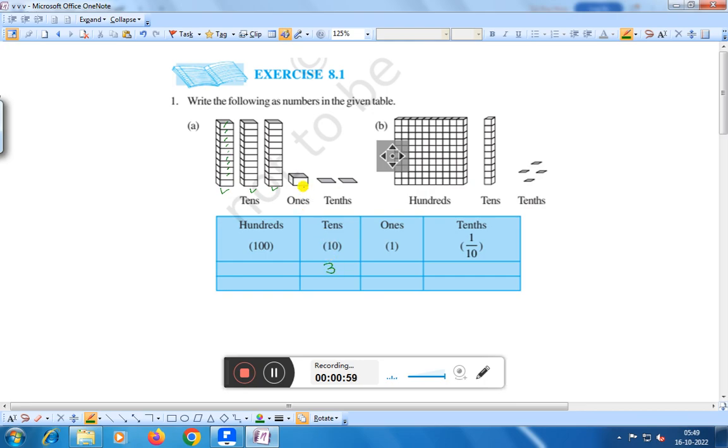In ones place only 1 is there, that is 1, and in tenths 2 is there, 1, 2, right? There will be 2,